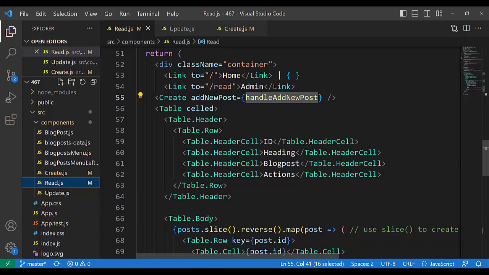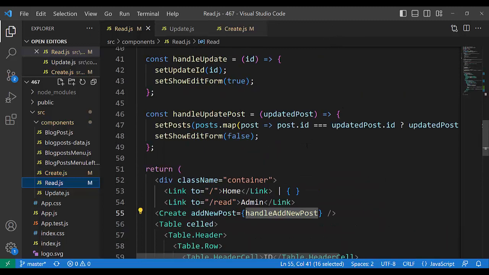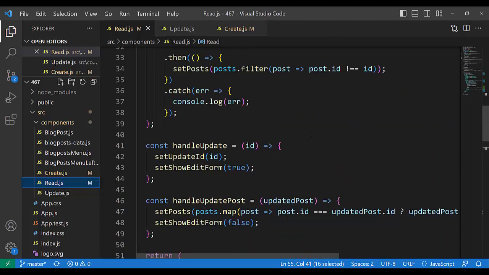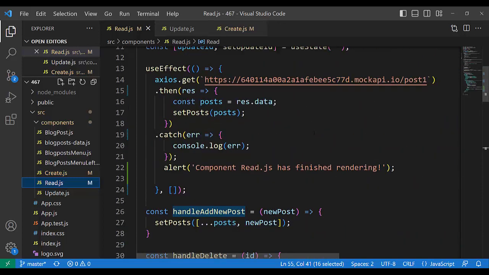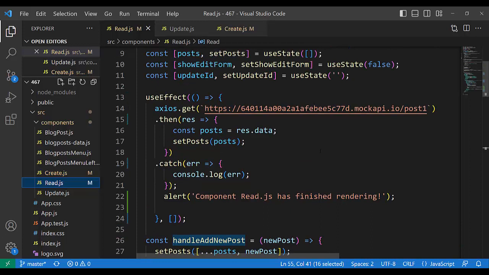In that example, we learn about state and about data management. Data always flows from parent to child. Here is an object. Who is the owner of this object? The owner is the read